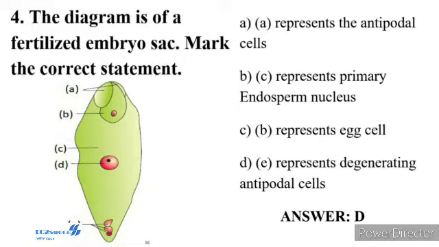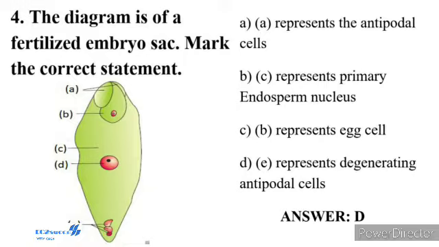Observe the distribution of cells inside the embryo sac. 6 of the 8 nuclei are surrounded by cell walls and organized into cells. The remaining 2 nuclei are called polar nuclei and are situated below the egg apparatus in the large central cell. There is a characteristic distribution of the cells within the embryo sac. 3 cells are grouped together at the micropylar end and constitute the egg apparatus. The egg apparatus in turn consists of 2 synergids and 1 egg cell.